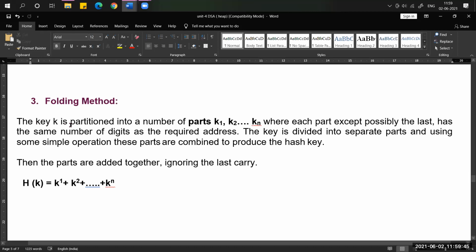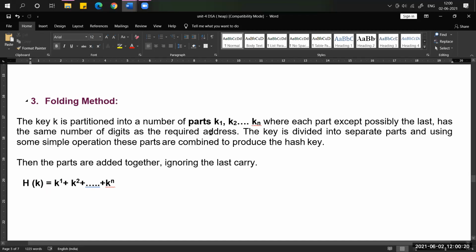For example, take 1, 2, 3, 4, 5 and divide it into parts, like 1, 2 plus 3, 2, 3, 4 plus 5, like that. Then we add all the numbers. Whatever number we get as a result is treated as the index for that particular key, which means at that location we are going to store the key. That is nothing but the folding method.